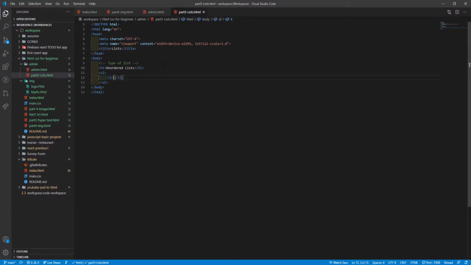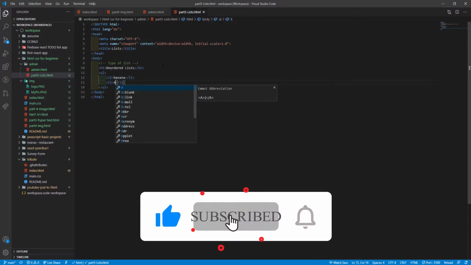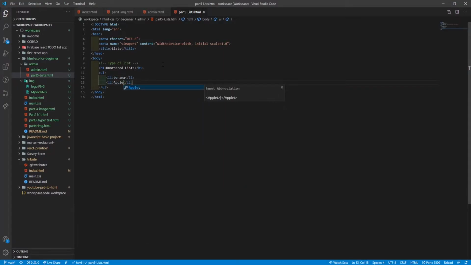Now add a list item like food items. Check the result in our browser.